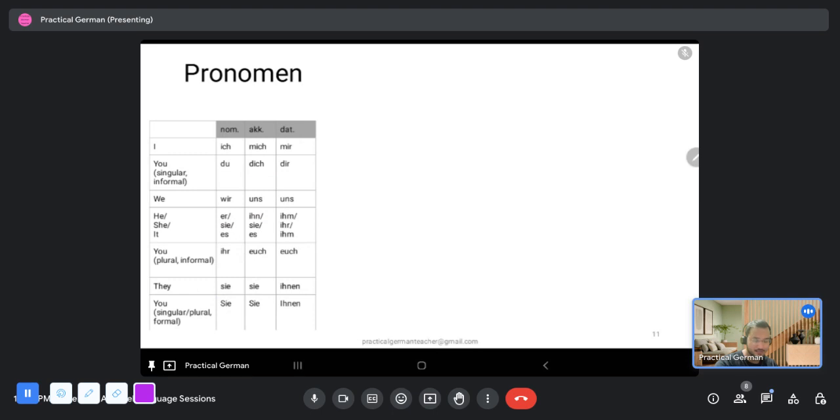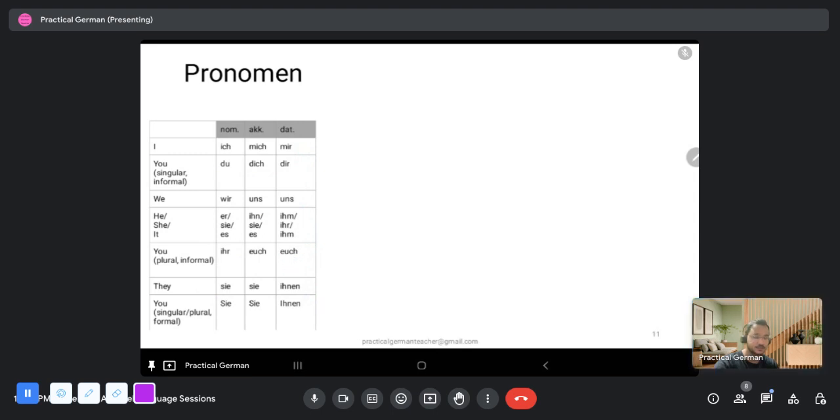Here is the table. Prabhu, do you mind reading this column for me? Yeah, sure. It's mir, dir, uns, ihm, ihr, ihm, euch, ihnen, and ihnen. Please read this again. Euch,